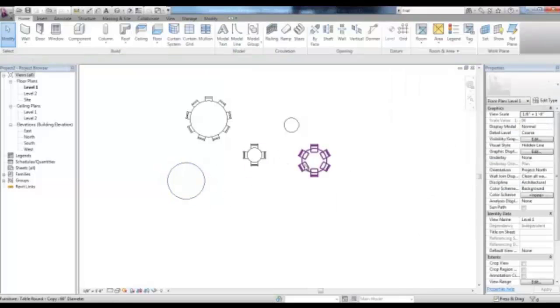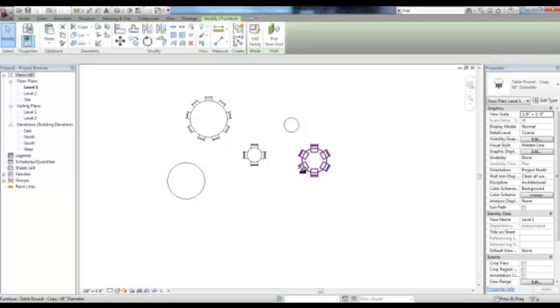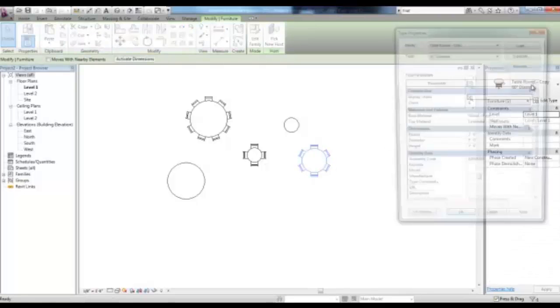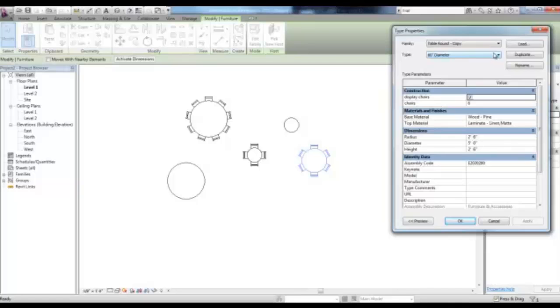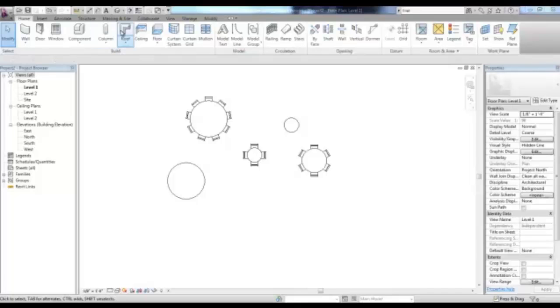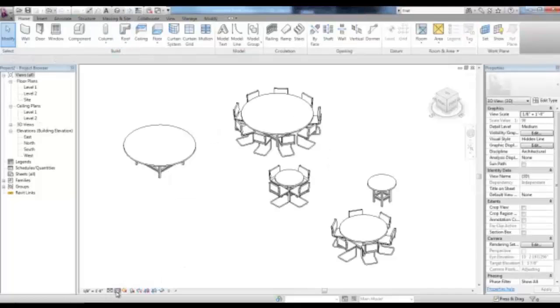So for any one of these you could select it, pick the edit type and duplicate these types and change their parameters. Let's go to the 3D view, turn on the visual displays to shaded with edges, and even turn on your shadows